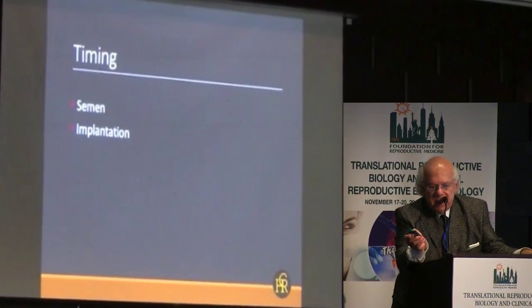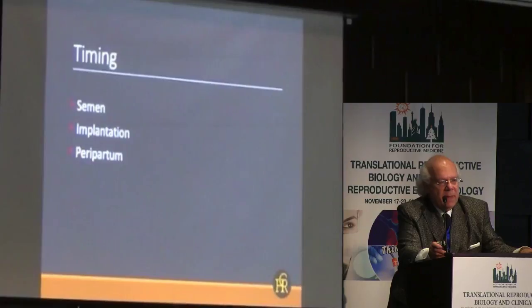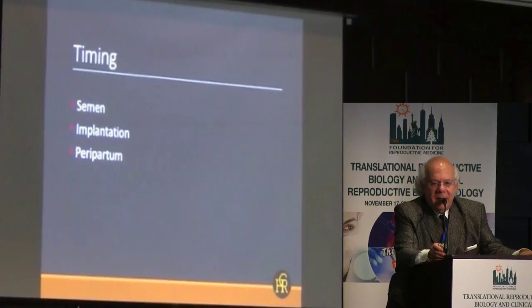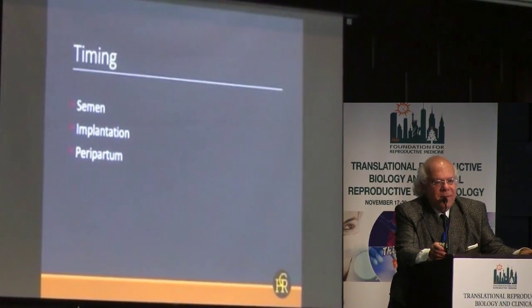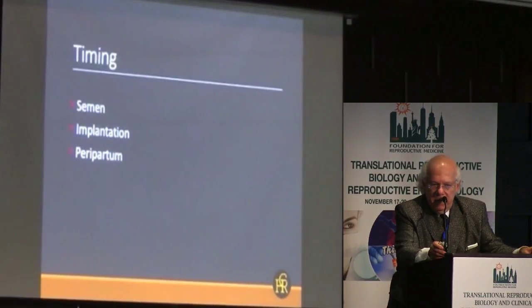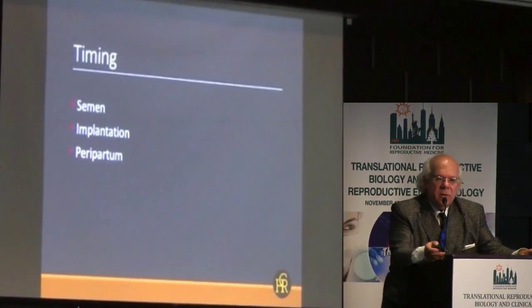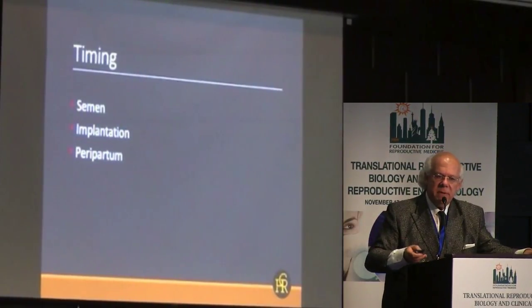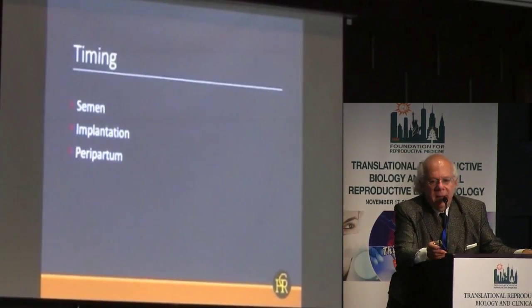I talked about semen, about implantation. What I have not mentioned yet is that there's another very important phenomenon, and that is that as tolerance wears off towards the end of the pregnancy, the woman enters again a very high-risk period. And you all know that from the well-known fact that autoimmune diseases have a tendency to flare in the postpartum period. I mean, the classical one is the postpartum thyroid syndrome. It's the most frequent autoimmune condition in women of reproductive life.